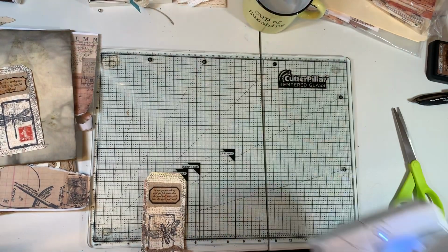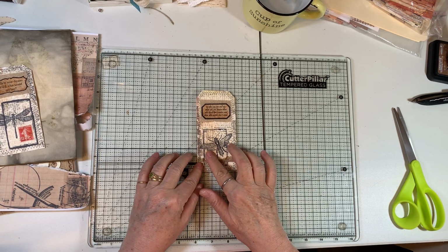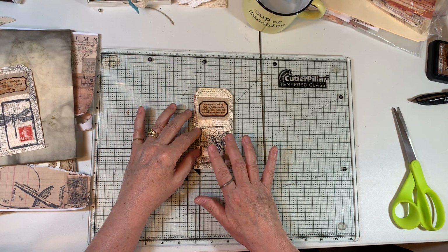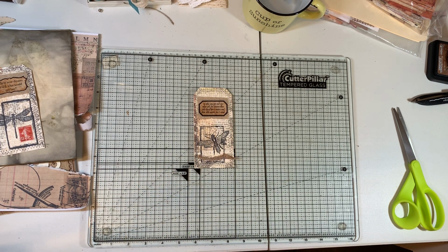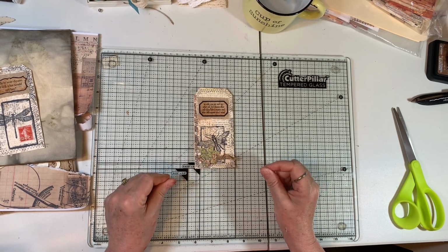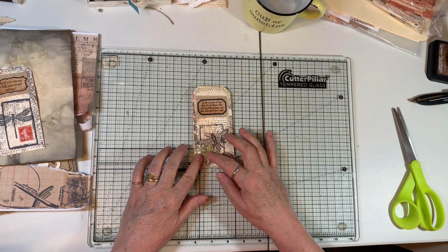I like that, but I'm still feeling like I want something right there. Oh shoot, what do I want right there? Yeah, I'm seeing something in my ephemera box. I'm seeing this little flower in my ephemera box. That's what I want, and then I'm going to want something in the middle of it,